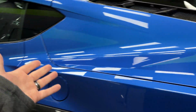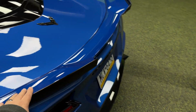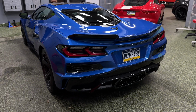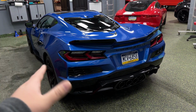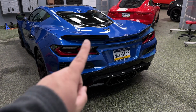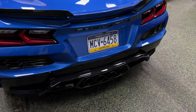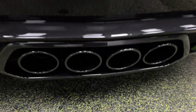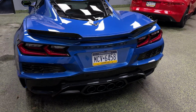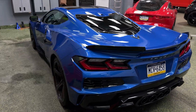I really like the Elkhart Lake Blue in person. This kind of dovetail wing is definitely growing on me, even though I still prefer the Z07 wing a little bit more than the dovetail spoiler approach. I still really like this. Now there's one other option I'm noticing back here, and that is of course the black exhaust tips. So other than that, I think that's pretty much all the options that were checked for this particular car,